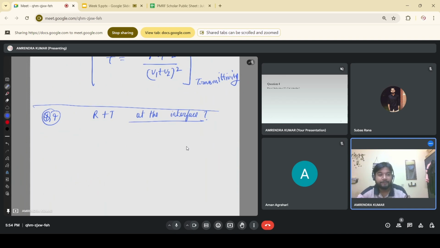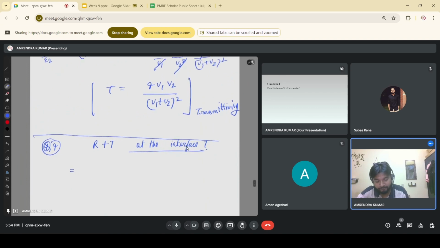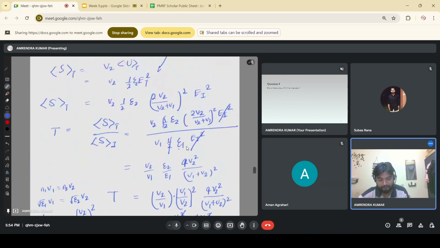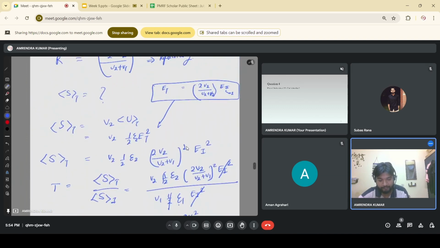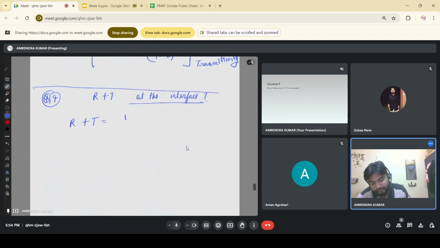If you sum it up, what will be the value? So here we have R plus T. R is v1 minus v2 whole square, right? v2 minus v1 whole square over v1 plus v2 squared, plus 4